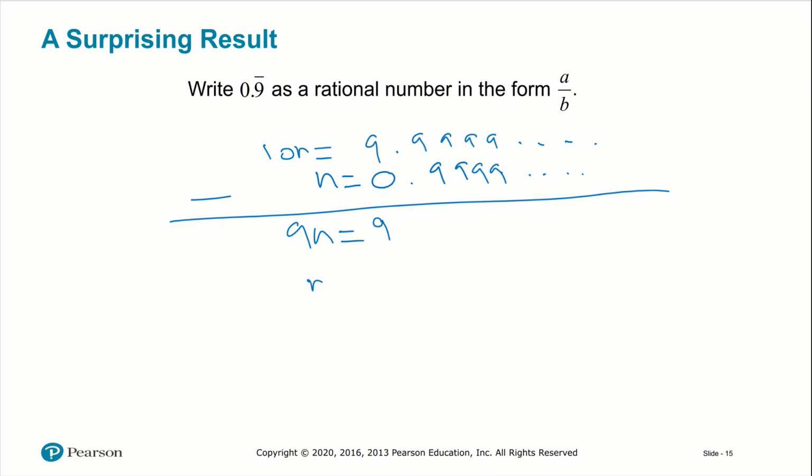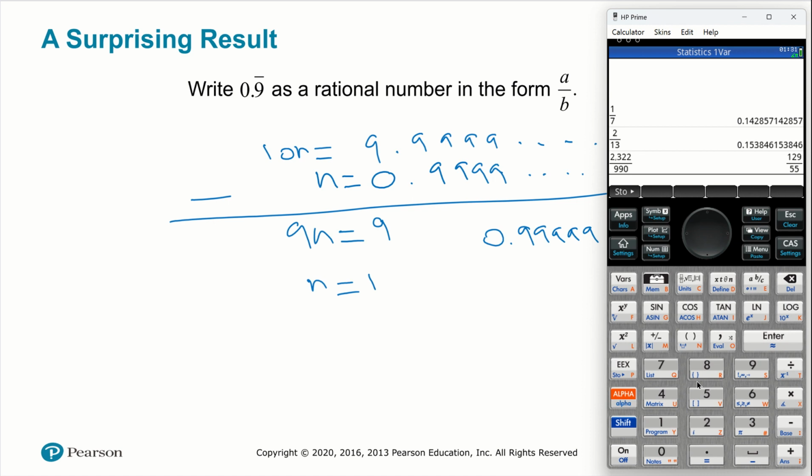So we end up with n equals 1. So if you have 0.99999 forever, that's numerically indistinguishable from 1 as far as value is concerned. Now, even on a calculator, obviously, you can't put